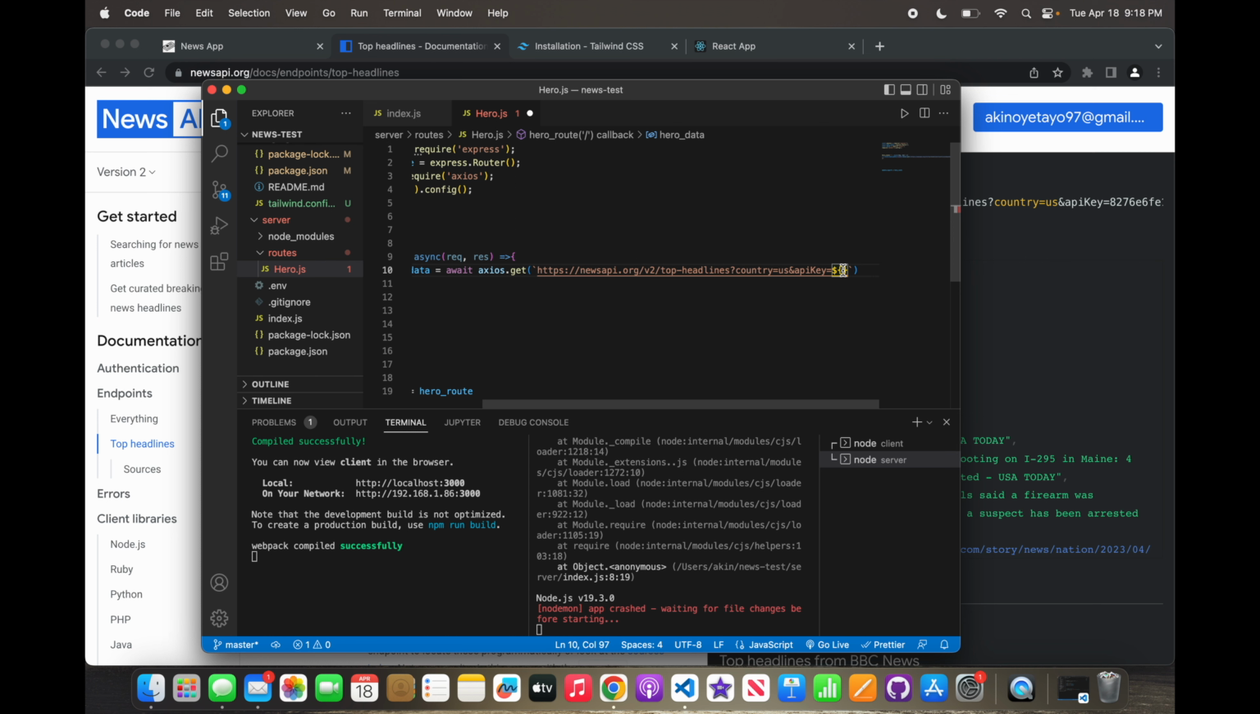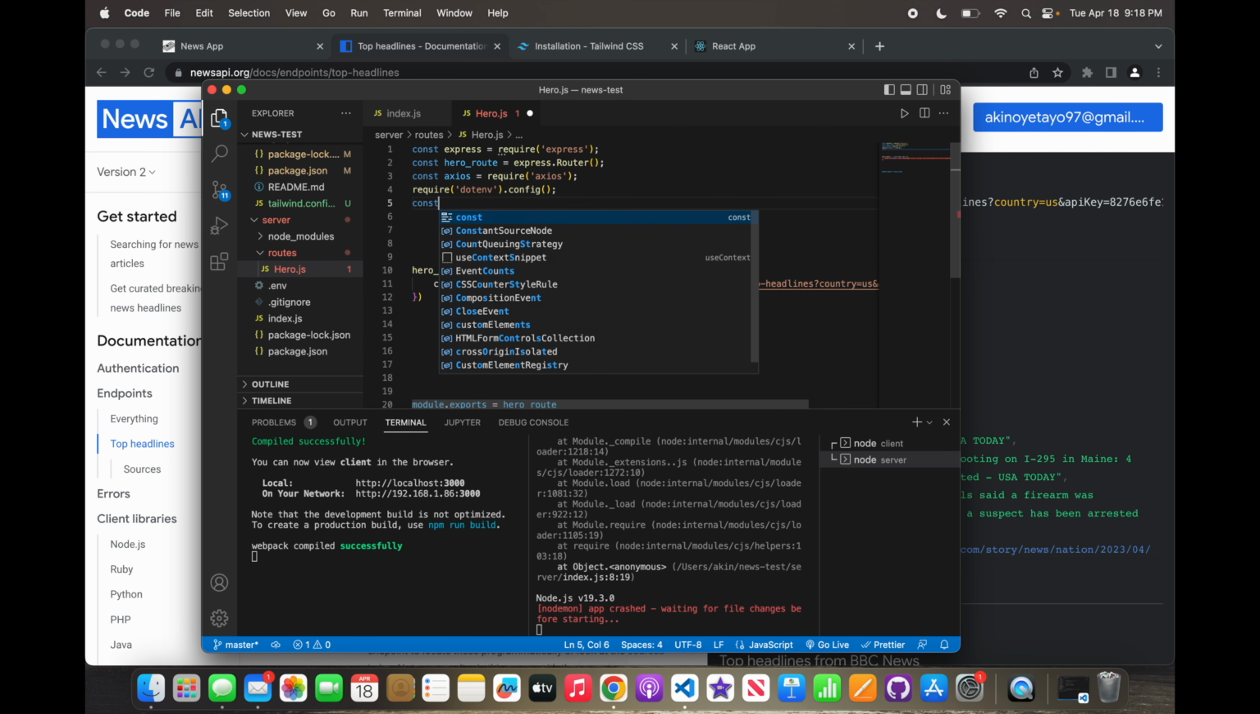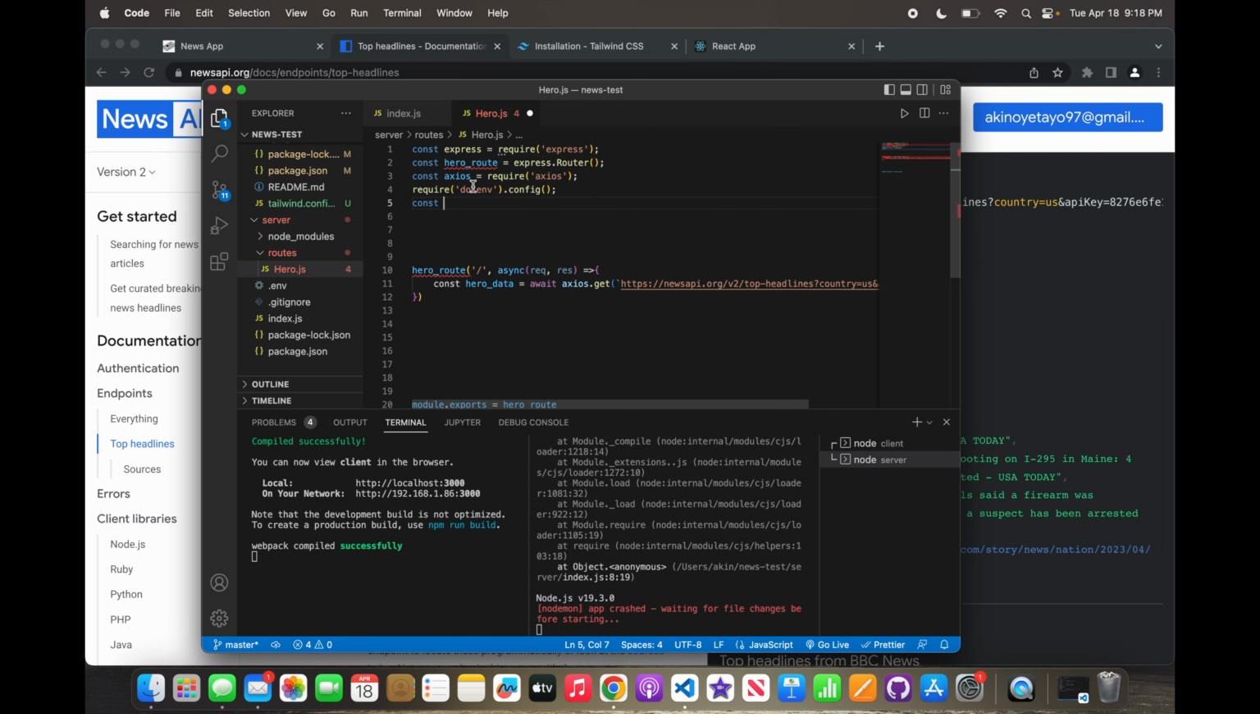So API key is equal to, and I named mine... Oh, so let's just bring it in here. I'm going to say const. So you just want to make sure this require .env.config is above whatever the API key is. So I'm just going to name it API key also, because now we're going to be getting the data from .env. So the way to go about it is say